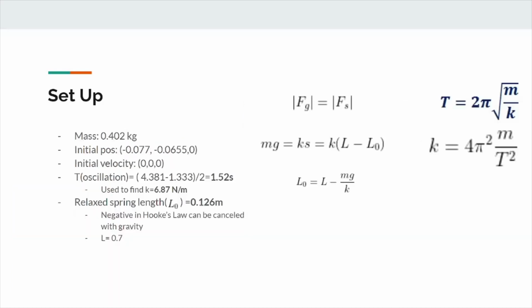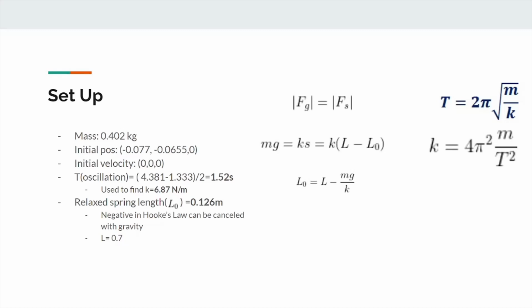To set up the experiment, I found the mass from the edX videos as well as the frame rate in proper frames. The initial position was slightly off origin as shown, and the initial velocity was zero since it started at rest. Before I could move forward to GlowScript, K needed to be calculated using the period of oscillation, which was found by using